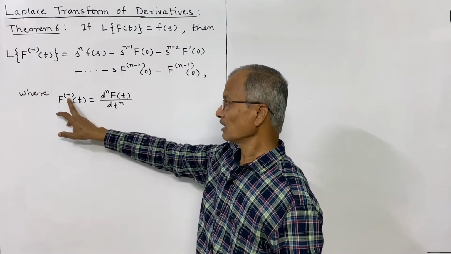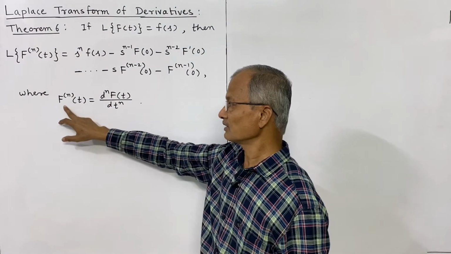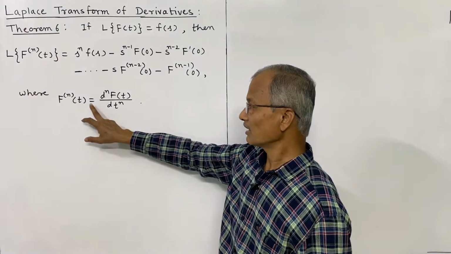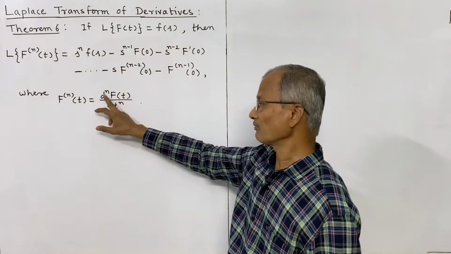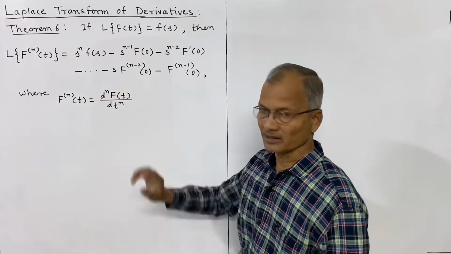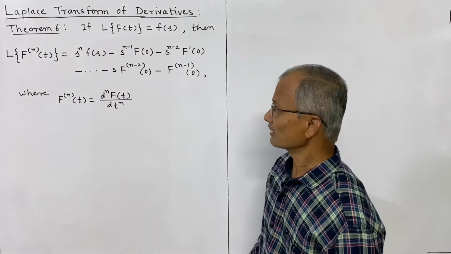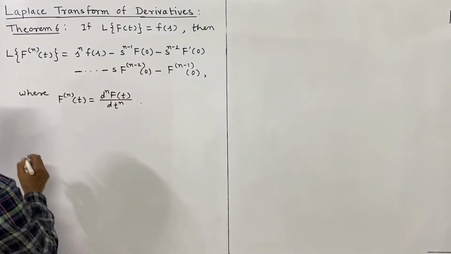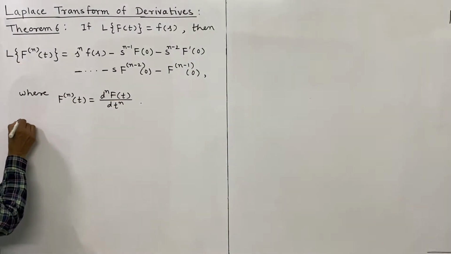This notation, nth derivative of f is written like this, f and nth derivative is written in bracket, which stands for nth derivative of f, d^n f by dt^n. So this is the result that we shall first prove, and for the proof we shall consider